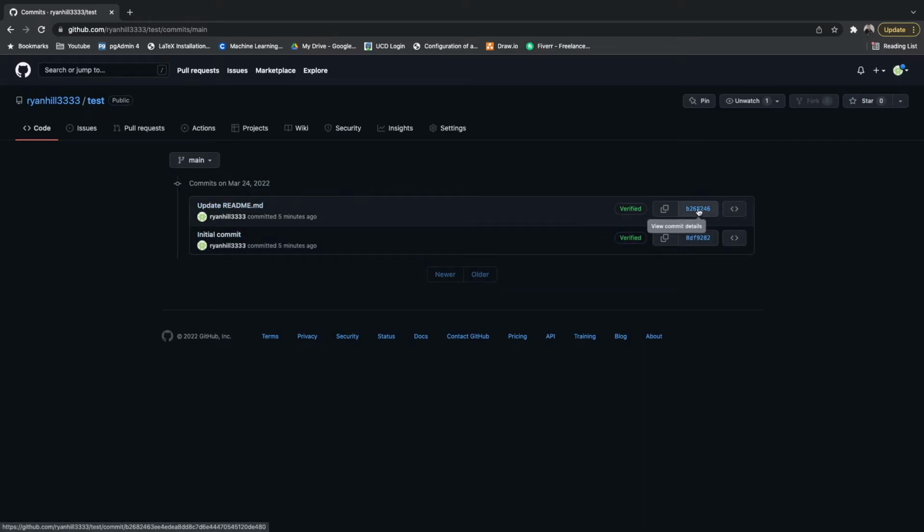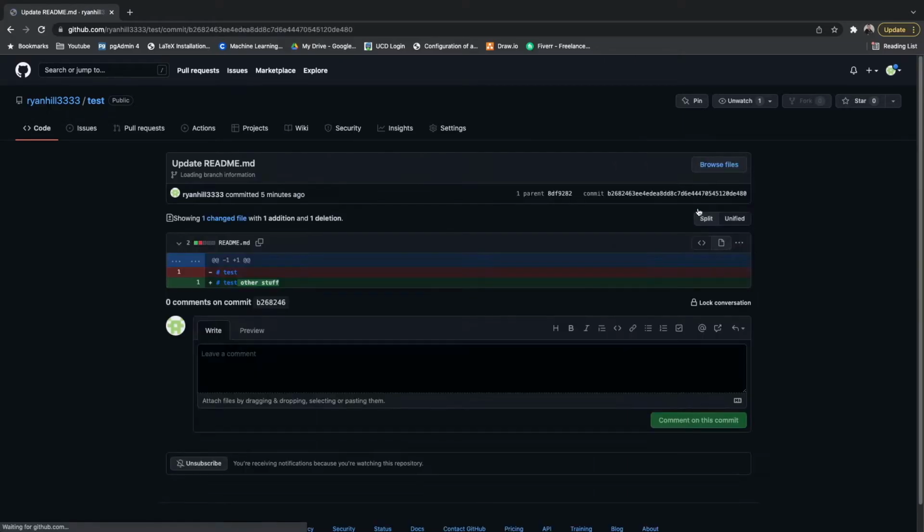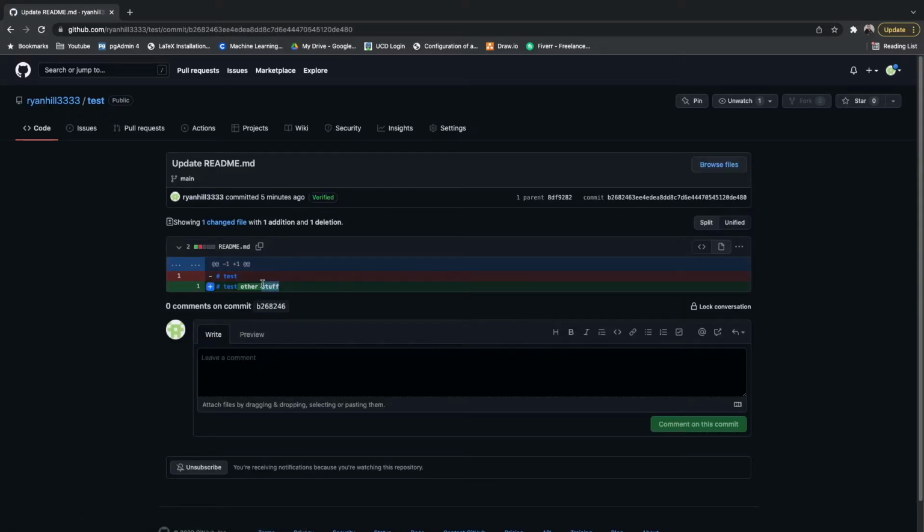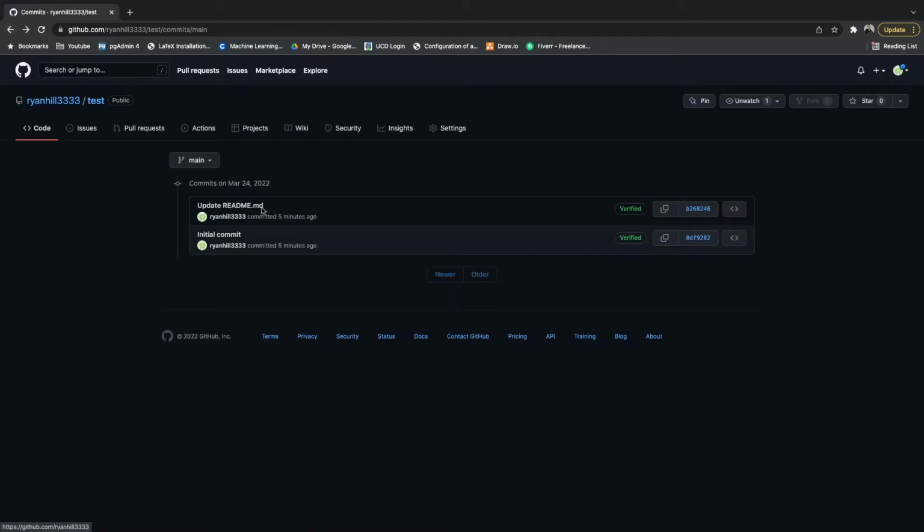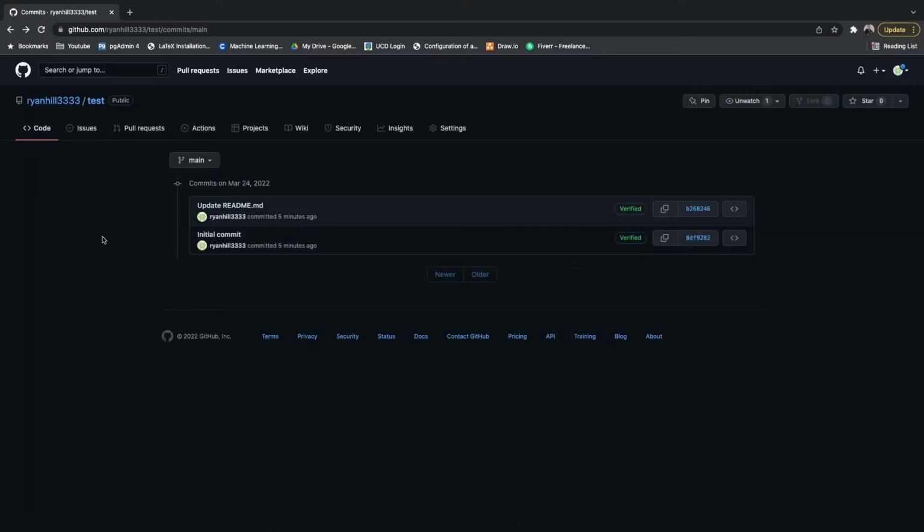And if you want to see the exact details on that update, you can go and click on that, and you can see other stuff has been added. But these changes were, as you can see, refresh this, it was 5 minutes ago, and we've just made this new change 30 seconds ago or whatever. So we want to go back to our terminal,